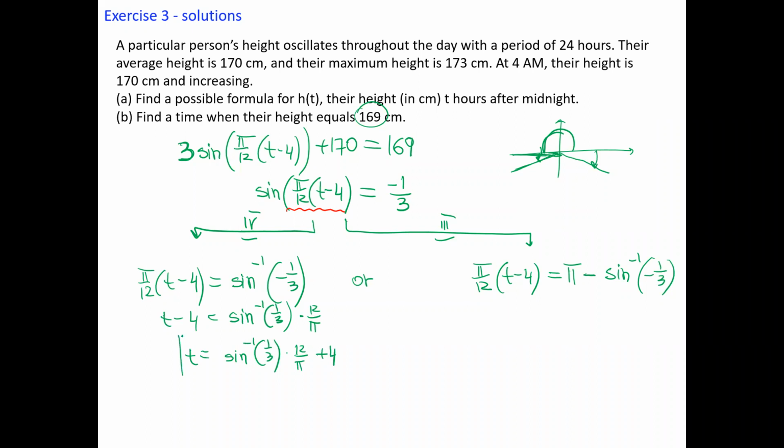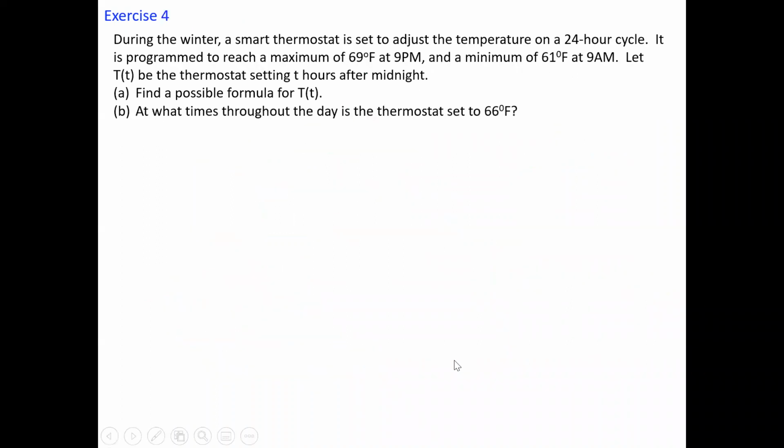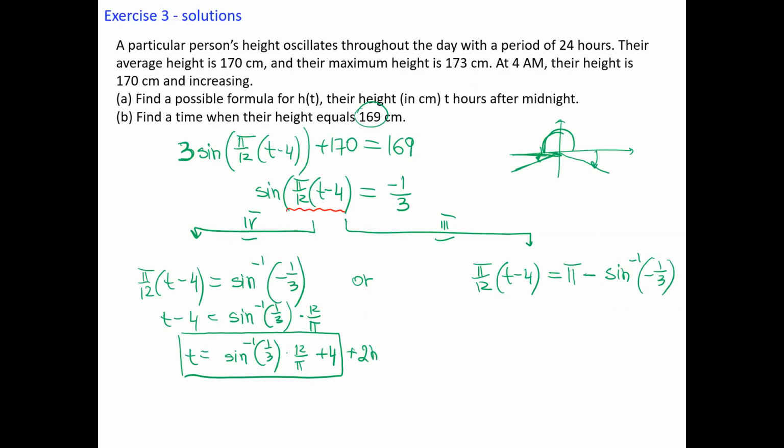Okay, this is the solution. And of course, this solution repeats every 24 hours. This repeats every 24 hours. That means this will also be correct. Okay, but when we use the calculator,